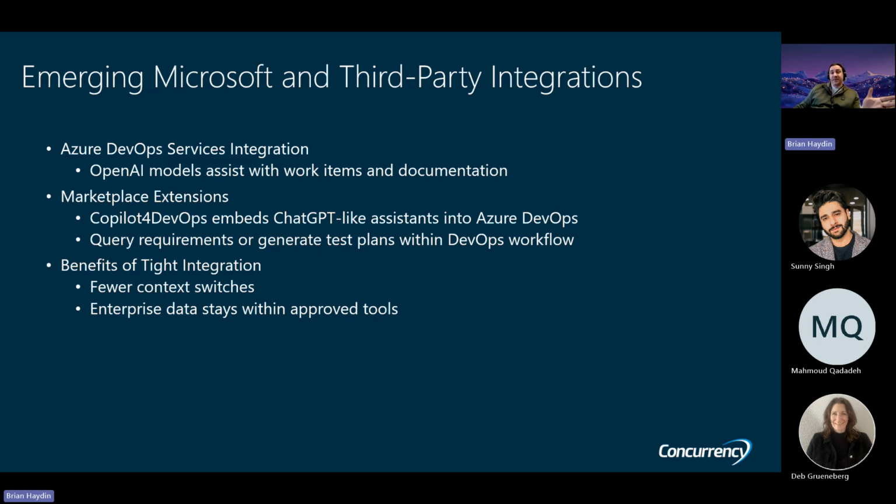I'm also seeing some of the marketplace tools coming out that are really cool. One that I was playing around with last week was this Copilot for DevOps. And that was a really fantastic tool. Doesn't sound like what it really is, but the thing that I like the most about it is that you can ask it to help me organize my backlog a little bit better, help me identify where I might have a gap in new features,